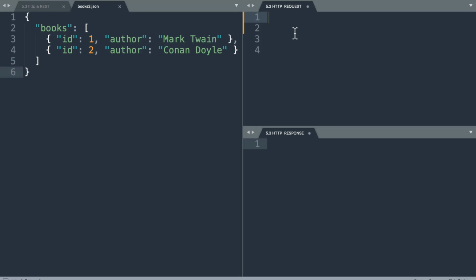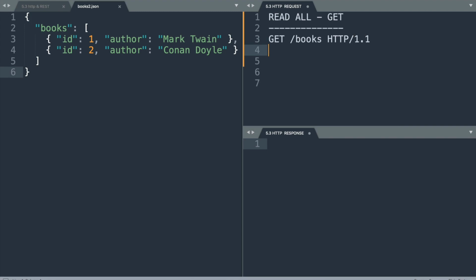To get some real practice, let us write that HTTP request by hand. On the left here, I have placed the same JSON data of the books resource. We'll write an HTTP request over here, and we'll also write the expected HTTP response over here. So to read all the book records, that means to retrieve all the book records, we need to use GET. So let's write that, and the path will be /books, and then we have to specify the HTTP version,